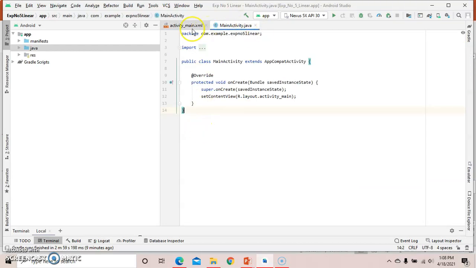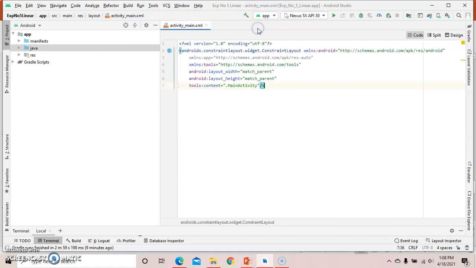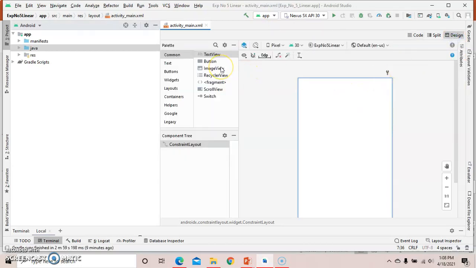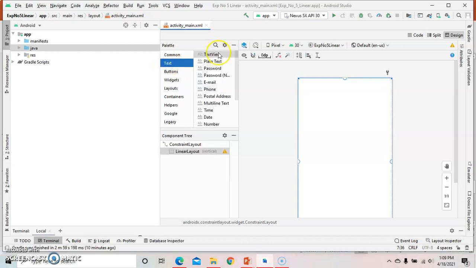Then in this program we don't require the main activity java file. So close that file. Now go to the design. Here we need to place the name, age and mobile number. So place 3 text boxes. First of all, we just have to place these 3 text views in the linear layout. So first of all, go to the layout. The question is the vertical linear. So select linear layout vertical from here, add to design. So it will be added to the design, and then next place 3 text views.